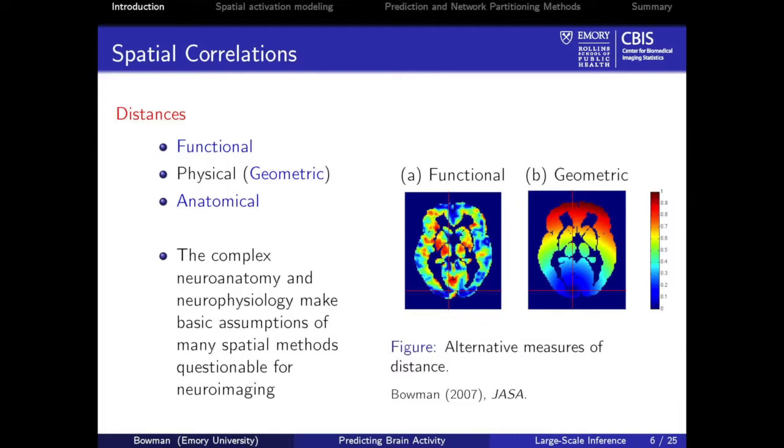But then look in the front of the brain. Again, we have this blue that shows a high degree of similarity. So if we were to use a standard spatial model that says that the spatial correlation should decrease with increasing distance, then we'd get something that looks like this. The fact that these maps do not match means that we have to do something beyond using concepts of geometric distance in terms of modeling.